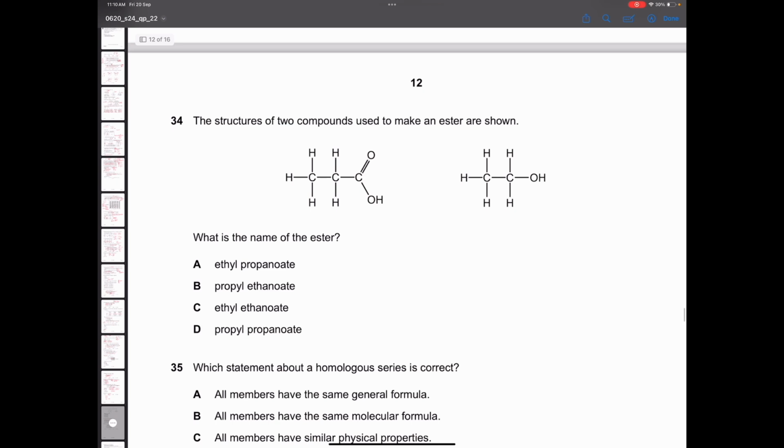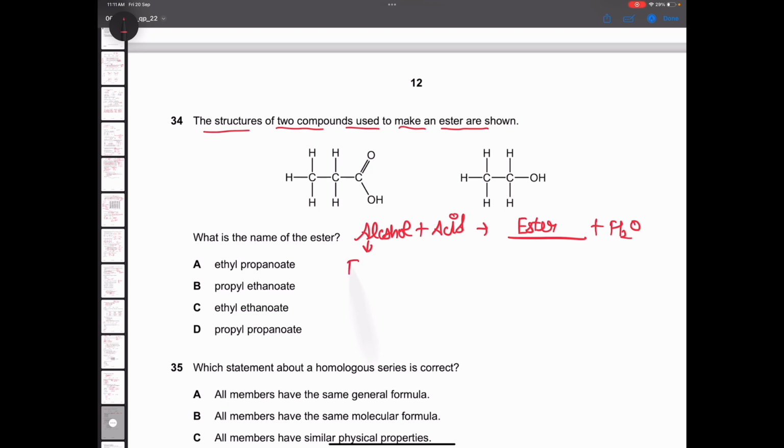Question 34. The structures of two compounds used to make an ester. Good question. For this, I'll tell you one way to solve these kinds of questions: alcohol plus whatever acid they have given you will give you the ester plus H2O. Right? This is the general equation. Now, the alcohol they have given you is ethanol, and the acid they have given you is propanoic